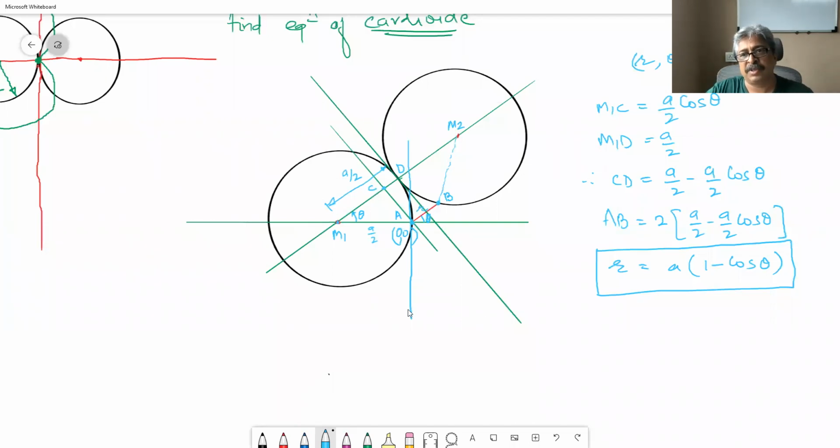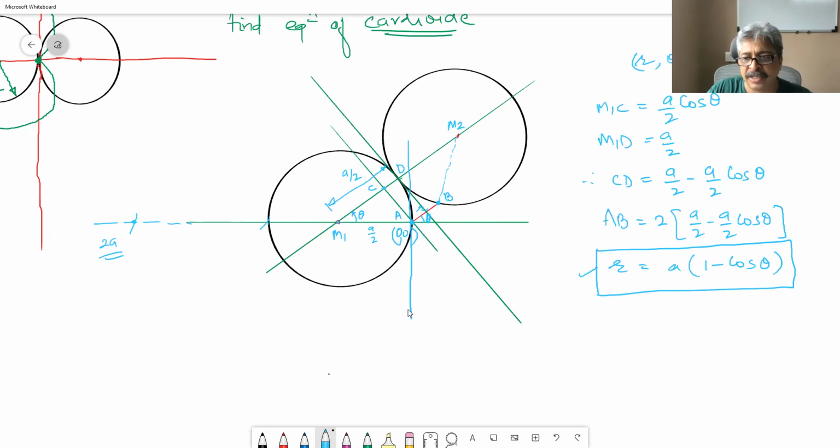Have you understood this game? It is simple: if this is the origin, how far is B from the origin? Now when this circle completes its first rotation up to this point, then exactly this distance, a, the point will be away, and theta will be 180. If theta is equal to 0, we get R equal to 0, correct. If theta is equal to pi, then cos pi is minus 1, so we get 2 times a. The diameter is a, therefore this is 2 times a. So it is falling in place.